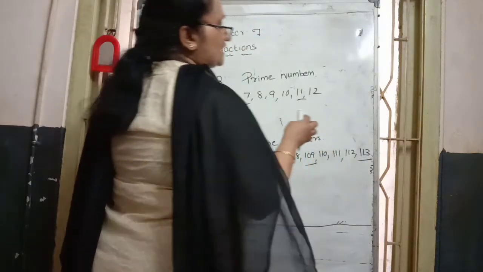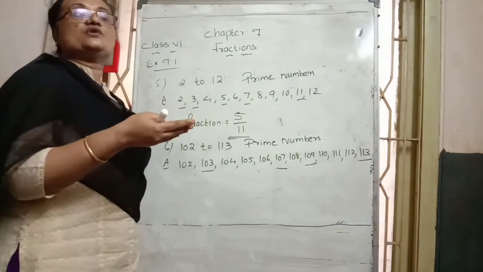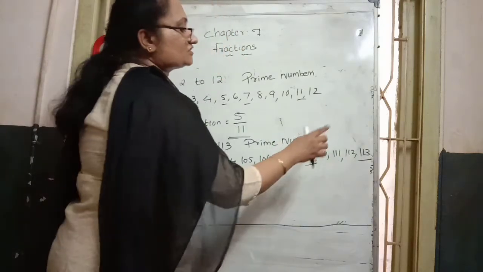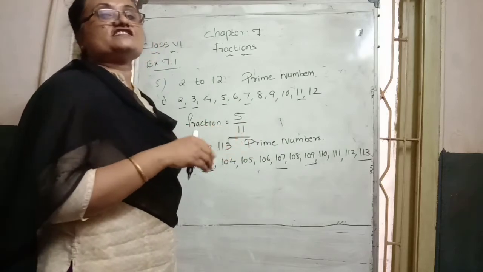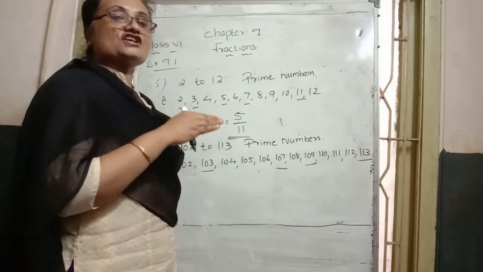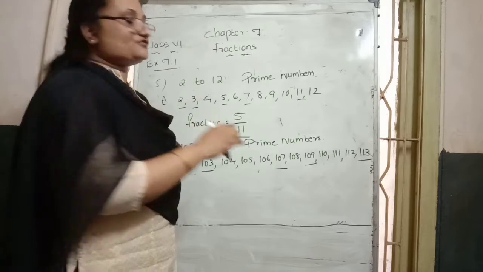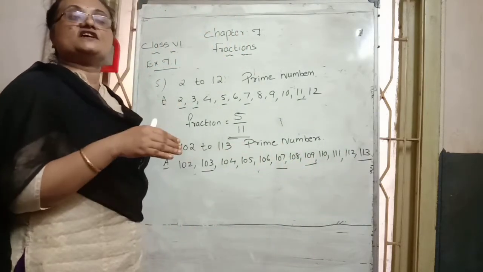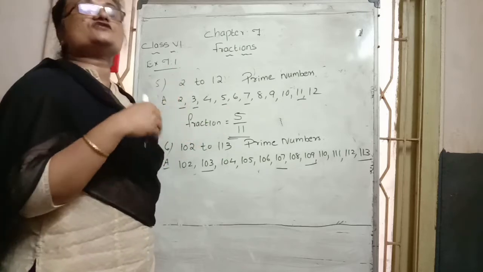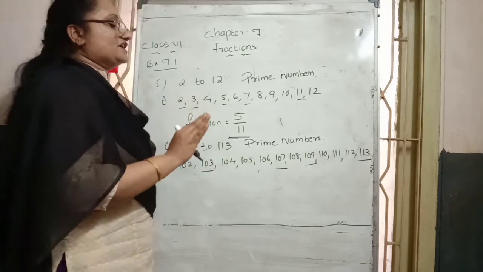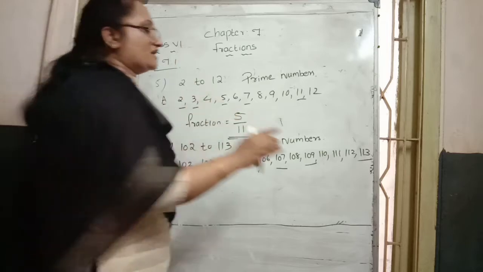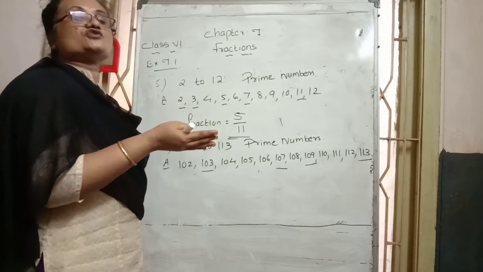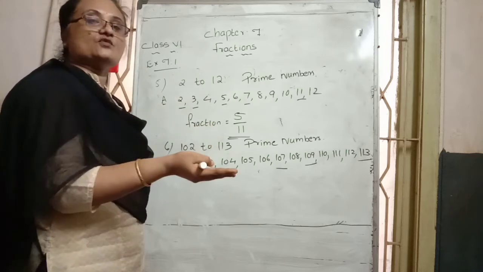Then 111 is also like that, it is possible to divide it. Divided with which number? 3. The divisibility test of 3 says to add the digits of the given number, then check whether the answer is a multiple of 3. Yes, 1 plus 1 is 2, 2 plus 1 is 3. 3 is a multiple of 3. That's why 111 is possible to divide with 3. So it has more than 2 factors. The 112 case is also like that, the unit place is 2. It is possible to divide it with 2. That's why it has more than 2 factors.